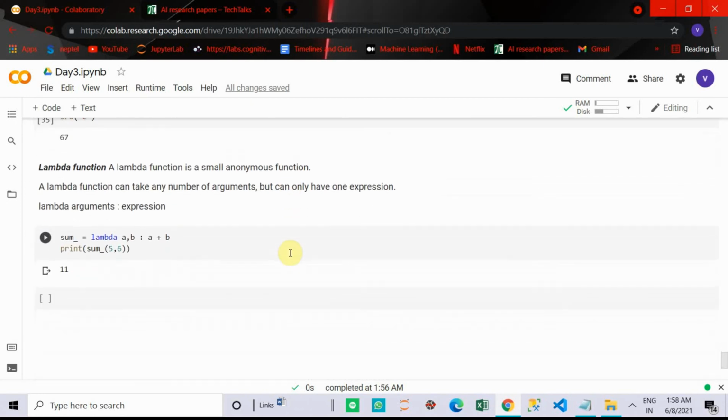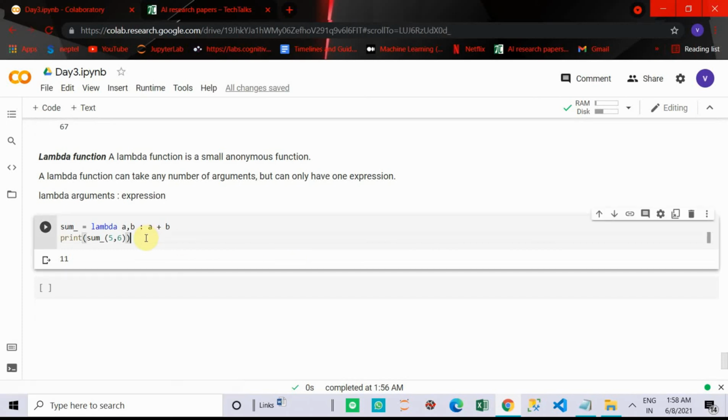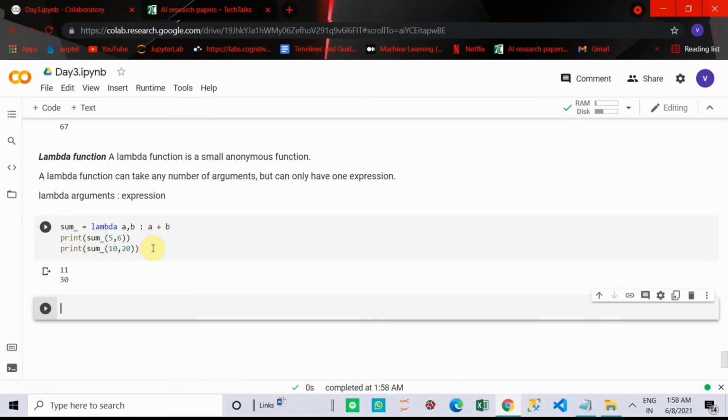Okay, next important function is the anonymous function, that is the lambda function. It is very important from the interview point of view. A lambda function can take any number of arguments but can only have one expression. So a lambda function is basically an anonymous function. We can execute a function in a single statement, and we can use that again and again. Like I can use that to print the sum of 10 comma 20, so it will give me the value